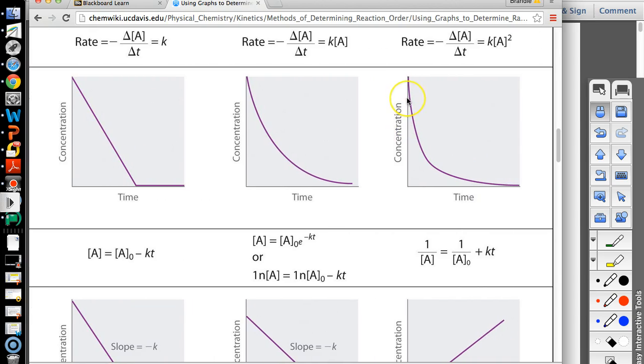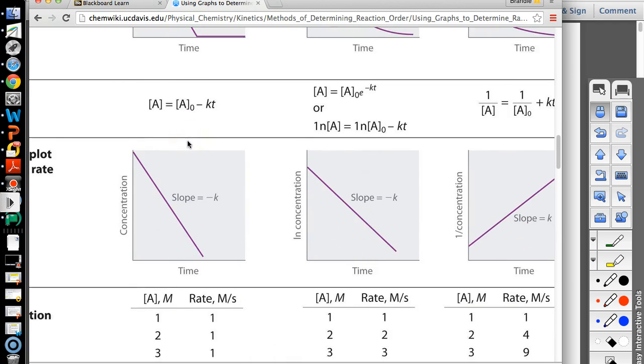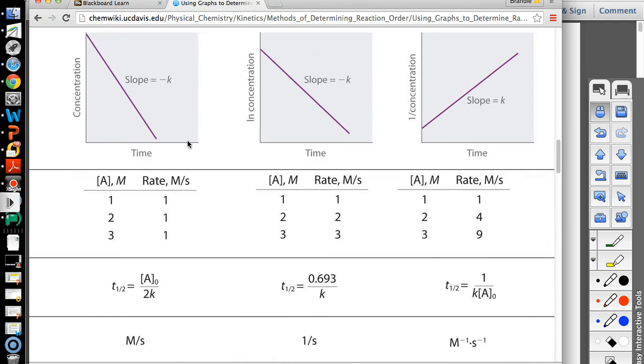If I graph concentration versus time for a second order, it goes down even faster. If I wanted to know something about K or the rate of the reaction, these curved lines are not as easy to use, and so that's where the calculus comes in. You don't have to know calculus, it's fine. Alright, so if I look right here,